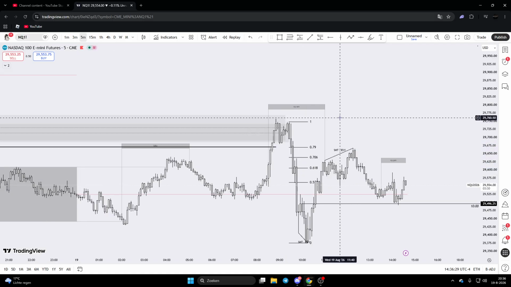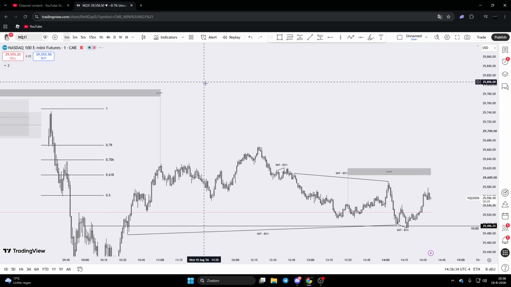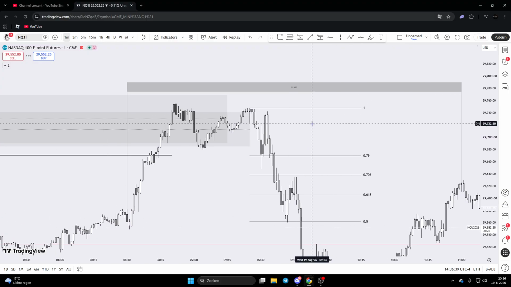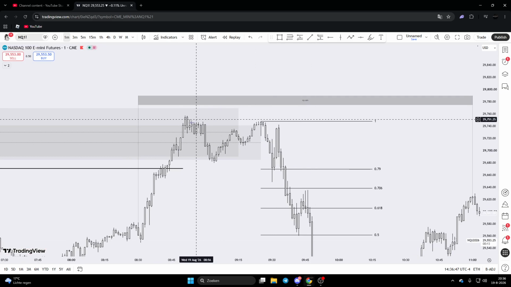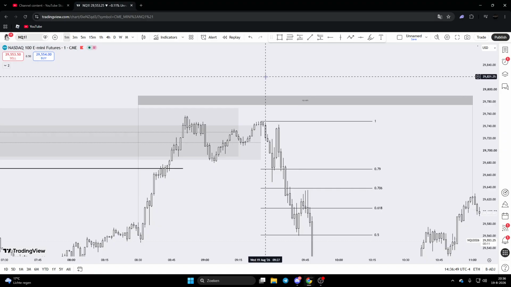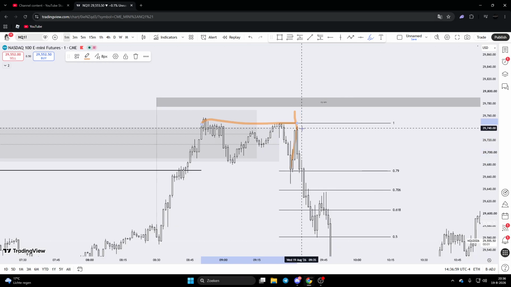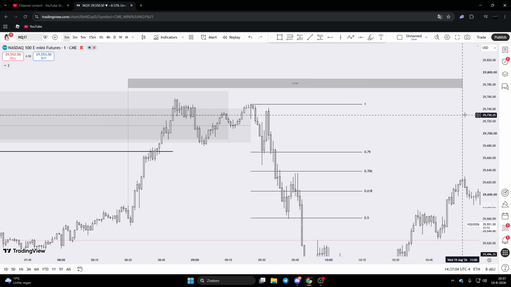Let's remove this. So how could you have taken a trade? Obviously at first I was looking to short this, but it was getting very close to New York Open, and I don't always like to have a trade running then because it can be very volatile and wicky. We started accumulating again after tapping these two PD arrays and taking out that liquidity. As you can see, we just started accumulating again on the 1 minute. What I originally wanted was for New York to open, take out these 1 minute accumulated highs, and for us to then move down and entry trigger.